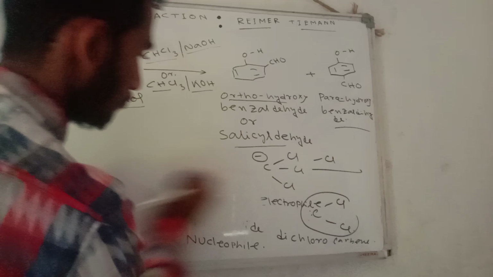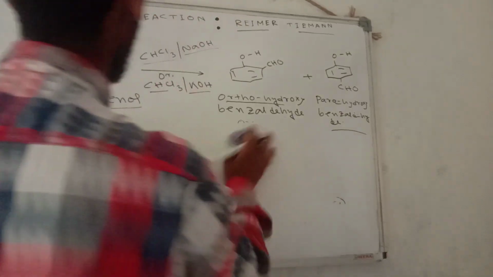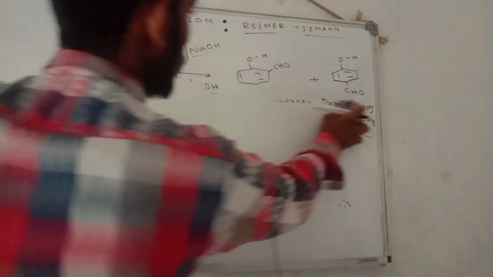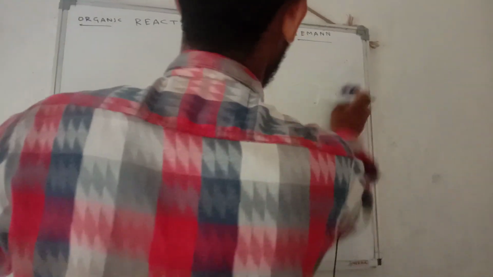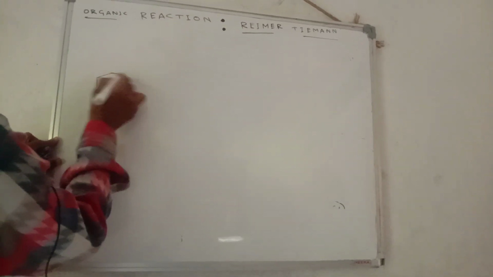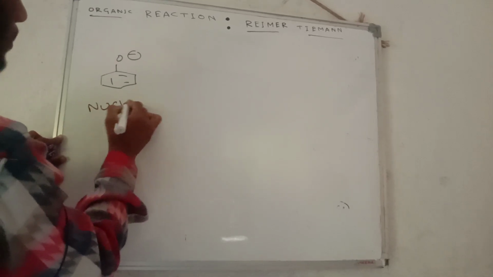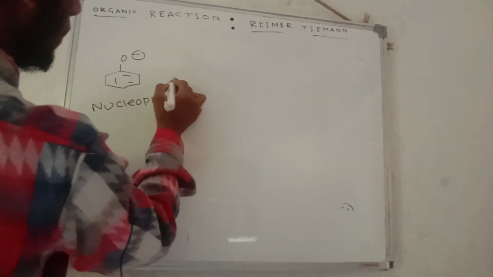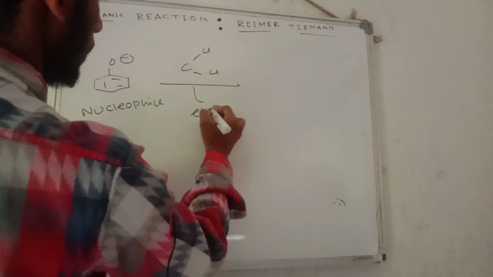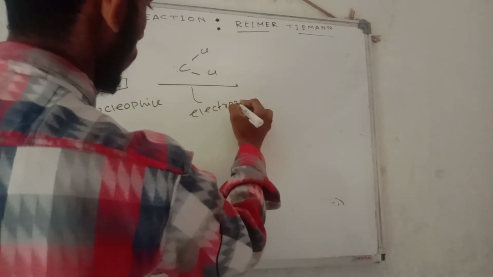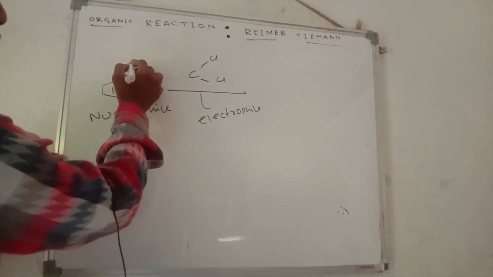Since the lone pair of the oxygen directs only to the ortho and para positions by resonance. Phenoxide ion, this is the nucleophile of this reaction, and dichlorocarbene, this is the electrophile in this reaction. What will happen? Now, the OH minus will